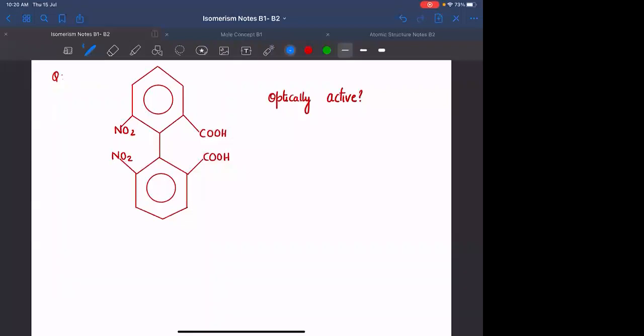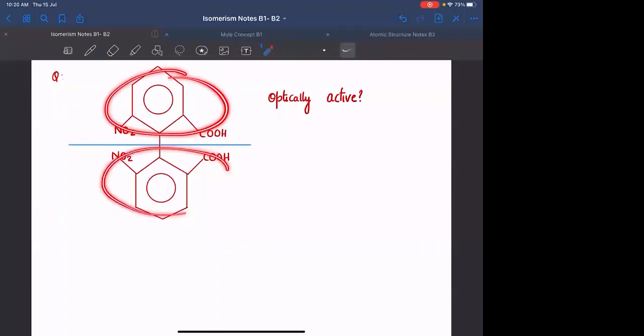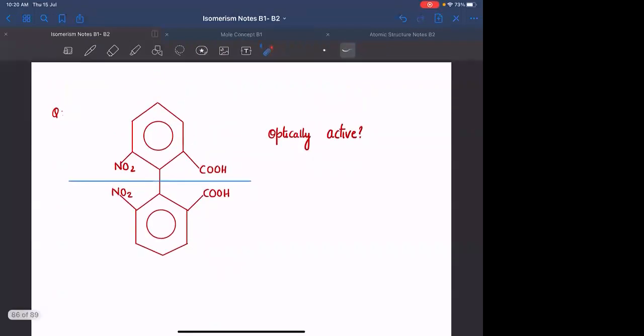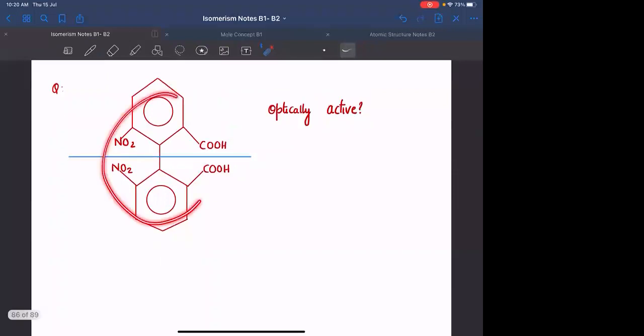Very good. Suppose बाकी लोग, if I am treating this as the plane, about this plane you may feel this and this are symmetrical, or you may feel there is a plane of symmetry, but this particular molecule is not a planar molecule. यहाँ पे आपको planar दिखाया मैंने, but this is not a planar molecule. The reason for that is NO2 है, COH है. There are two bulky groups. Because of the bulky groups, in order to have space among them, this particular benzene ring will become out of plane. मतलब ये इसके perpendicular हो जाएगा.